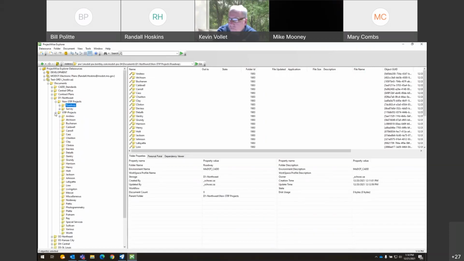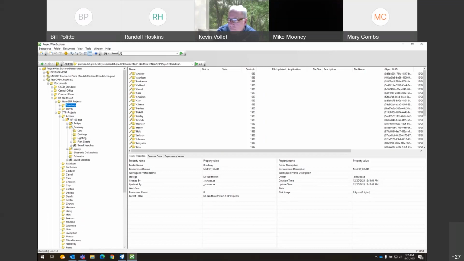But if I go into a STIP project, you can see I made a test one here under Andrew County. Once we create that job folder for that work area, it'll automatically create the folders for bridge, roadway, and survey, and also electronic deliverables and estimates. Under the bridge folder, you guys probably won't have to worry about it. I don't think anyone from bridge joins these, but it does automatically create a folder for a bridge and then some calculations.